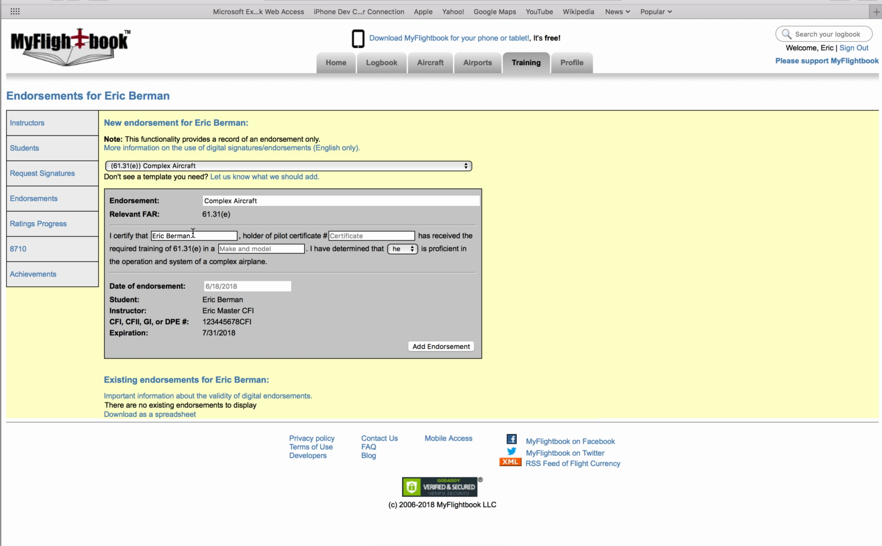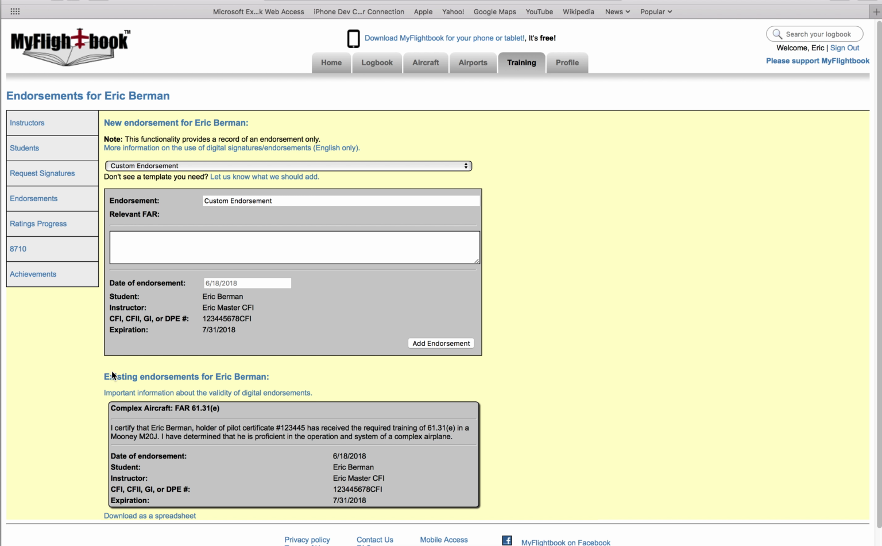So for example, in this case, I could do a complex aircraft endorsement. I could say, I certify that, and you'll notice it's filled in the name automatically because it knows who the student here is. Holder of certificate 1, 2, 3, 4, 5 has received the required training in a Mooney M20J, and I've determined that he or she is proficient in the operations and systems of a complex airplane. And if I hit add endorsement, then you can see existing endorsements for Eric Berman. Here is the